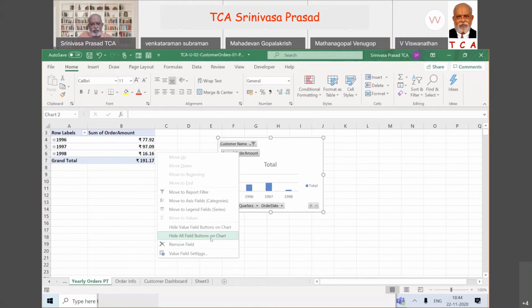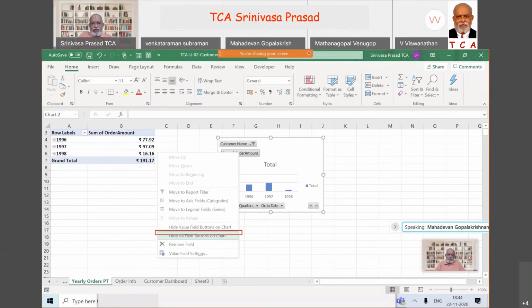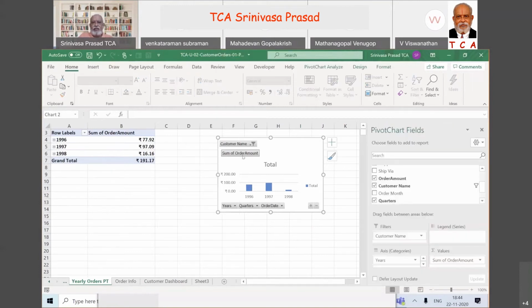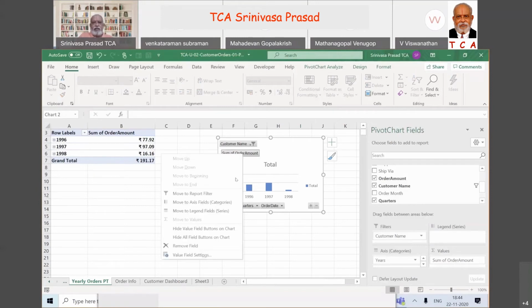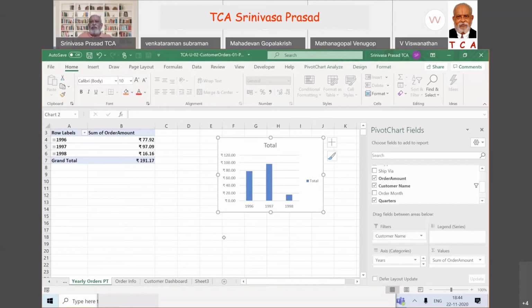I will redo it: right click, hide all field buttons on the chart. Everything is gone. Now the chart looks decent.